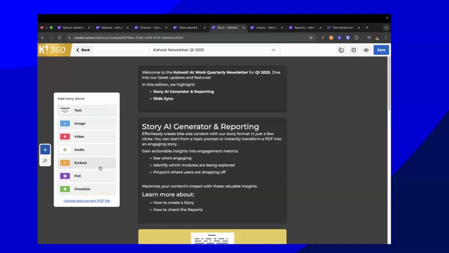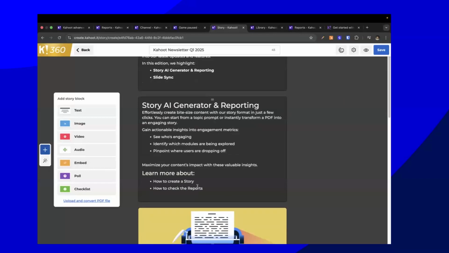There are different content blocks within this. The great thing now about stories, and this is quite new, is that we have now introduced reporting for polls and checklists. So that's very powerful for you. When you're sending out a story, for example, the Q1 newsletter, which my fantastic colleague Lars has created. He hates to be mentioned in these webinars, but I think kudos to him on that. We're going to be sending that out to our customers, and we want to know which parts of the newsletter have been most interesting for you. Was it the video? Was it different bits and pieces such as AI generating? So we get a lot of information back on that. So this is all connected to the reports.